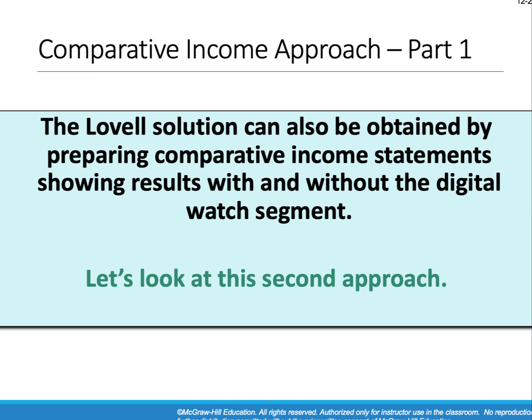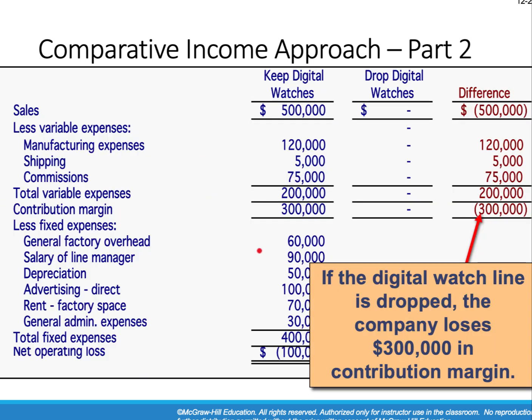The second way we can do this is basically by doing an income statement, okay? Well, we have the income statement of keeping the watches, and we have the income statement of dropping the watches, okay? So if we just look at just the revenue portion in the fixed, or I'm sorry, the variable expenses portion,